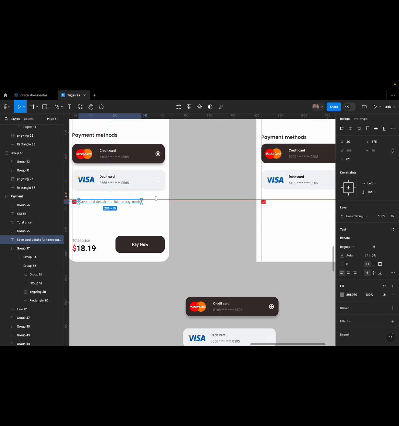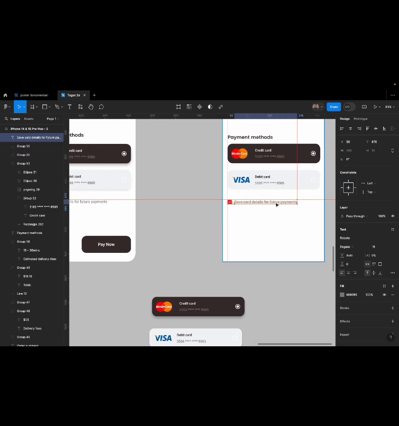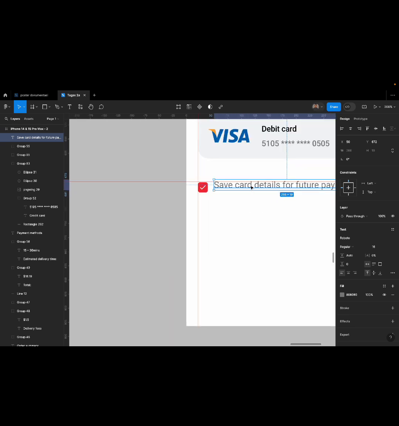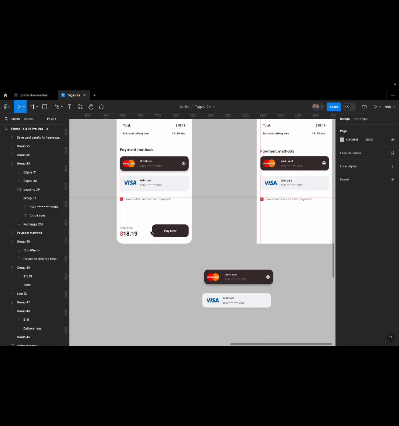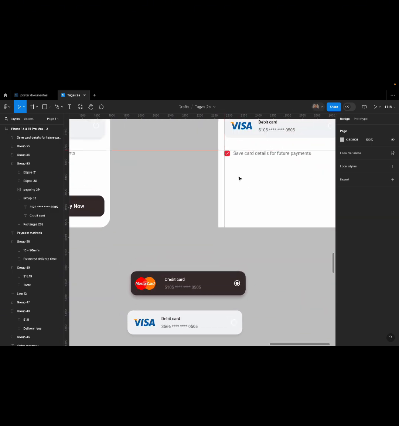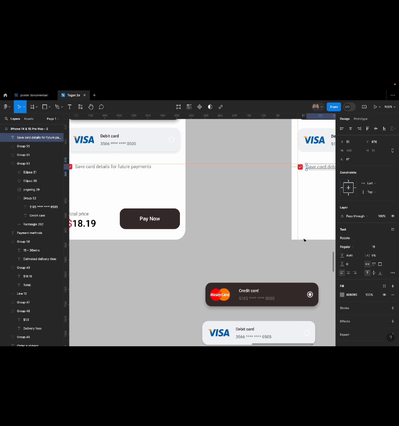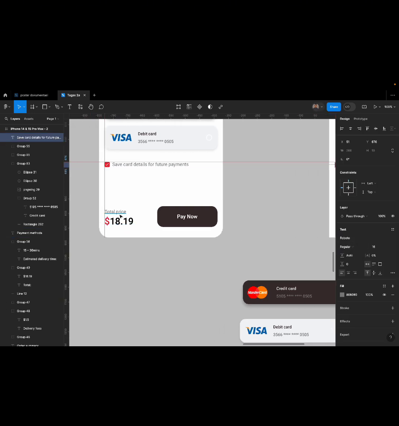And create the text for the saved card details for future payment. Put it on here. Like that. With the Roboto style and regular type with the 16 size.